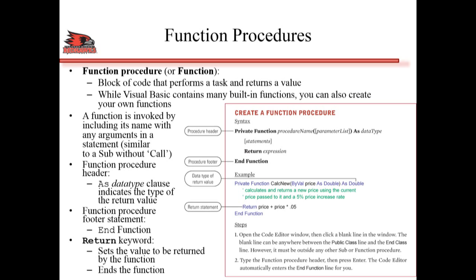The way it's called is that the function is invoked by including its name with any arguments in the statement. Similar to the subroutine, except there's no call statement here. You just put the name of the function and whatever arguments it requires, like price or hours, and then the function is basically called. The statements associated with the function are invoked,